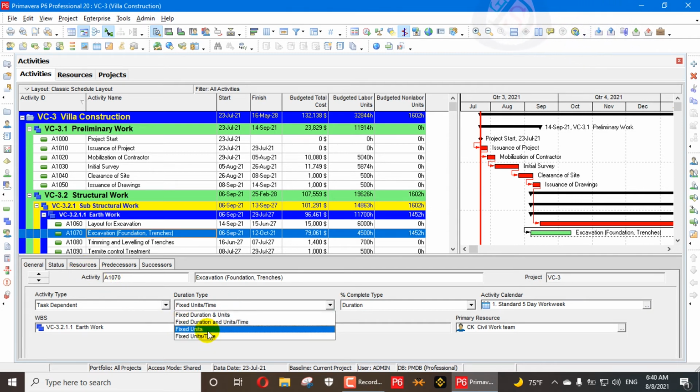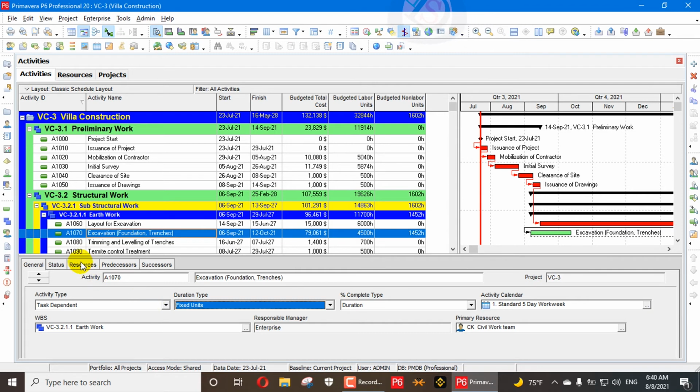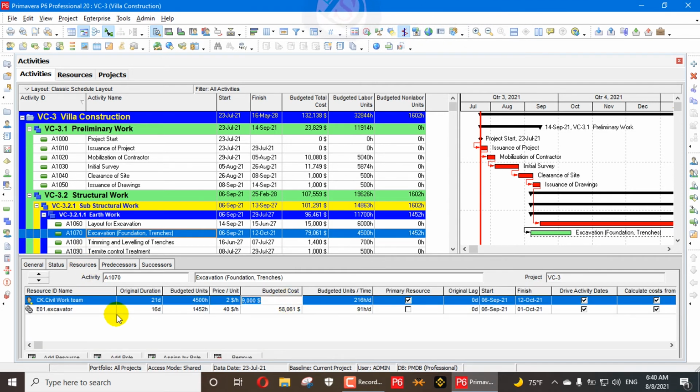Let me show you an example. If the fixed units are applied here, you will see from 8,500 there is 4,250 left, then it will be calculated the 216 days units per time remaining, and also original duration from here. Also, if I change here to 10,000, you can see it's 500. If I put 1000, then you can see here 500 units total remaining, and the units per time are fixed here. Units per time does not change, and the duration is calculated by dividing by units per time, that one was fixed.